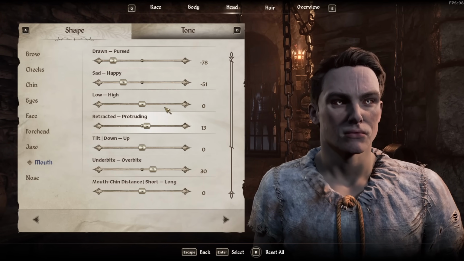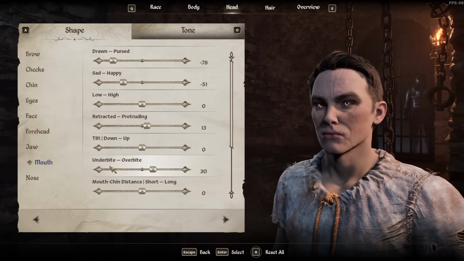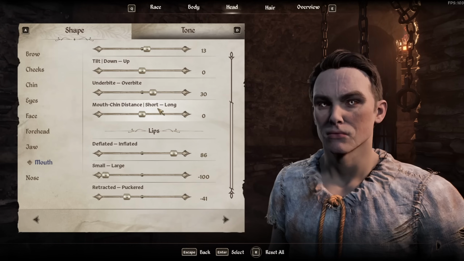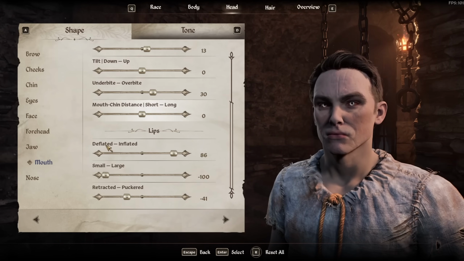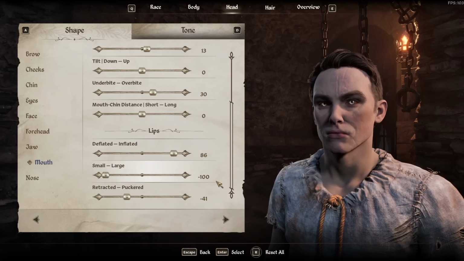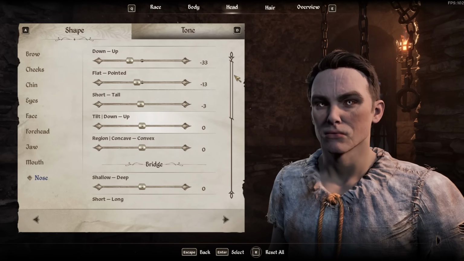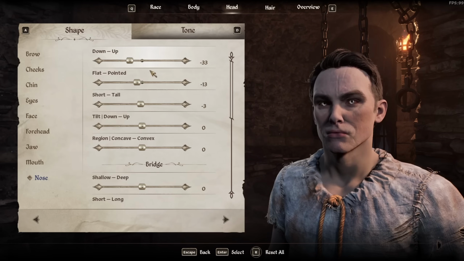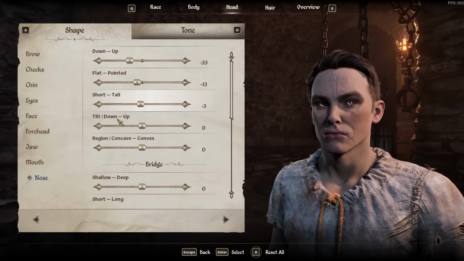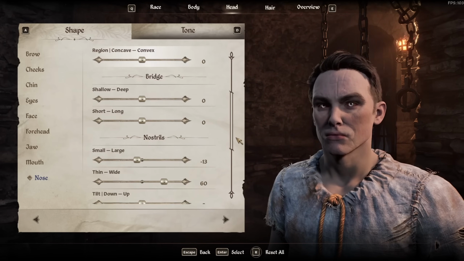Low high 0, retracted protruding 13, tilt down up 0, underbite overbite 30. Mouth chin distance short long 0, lips deflated inflated 86, small large -100, retracted puckered -41. For the nose, down up -33, flat pointed -13, short tall -3, tilt down up 0, region concave convex 0,